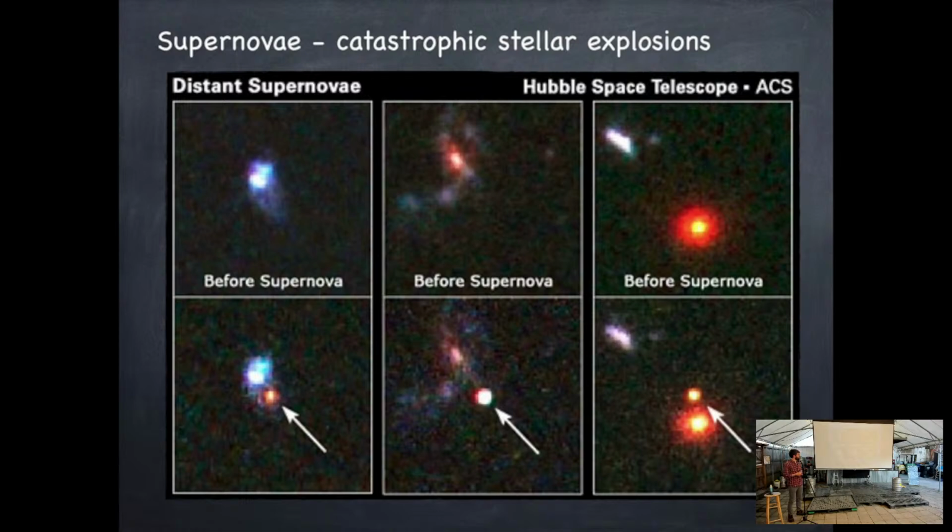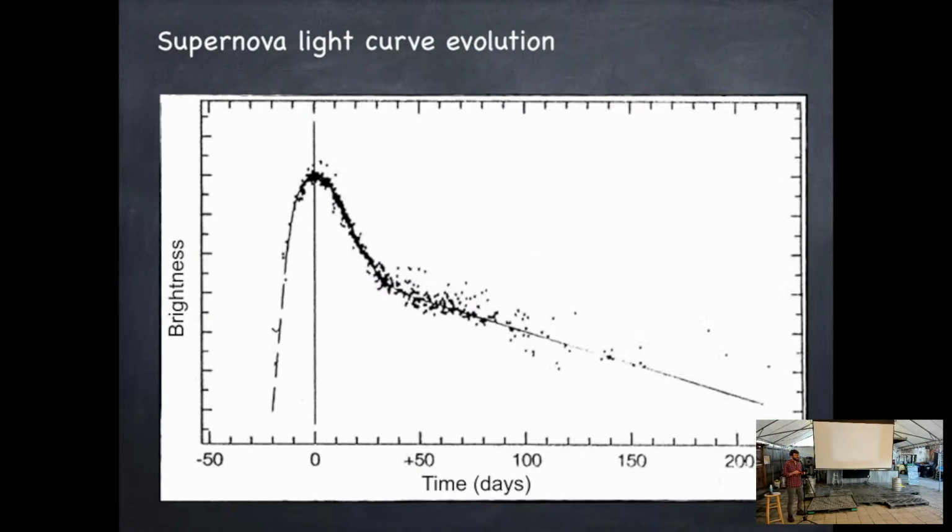So now we have these distant beacons, but the question is, how do we measure the distances? The answer is that supernovae are transient events, and if you follow them as a function of time for, let's say, 100 or 200 days, you can see that their brightness increases at first, but then decreases more gradually. And while most supernovae have, at least qualitatively, this shape of light curve,